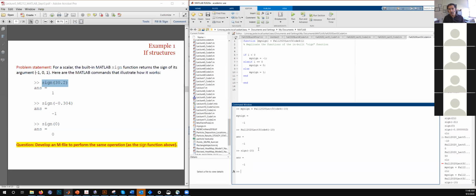So now we know how you set up functions in MATLAB, and from now on you can keep on using this function instead of sine. Of course, these simple functions are already inbuilt in MATLAB, but this implies that you can set up any function and you can use it for other calculations. Any question on this one?